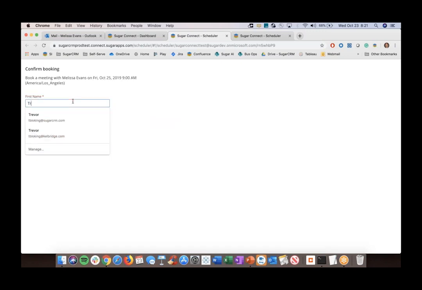I will enter my name and also my email address as well, and go ahead and save this. Now what's happening in the background is actually quite interesting. So this is confirming the meeting with me. It will send a properly formatted calendar invitation to me as the prospect with both the accept and decline. It will send an email alert to Melissa. It will automatically create a calendar invitation and update Melissa's calendar, and it will then sync that information back to